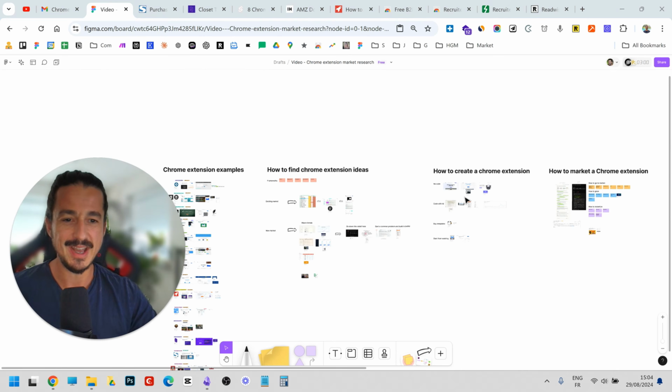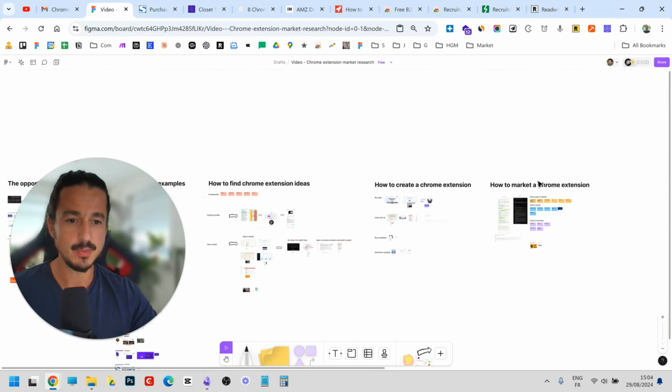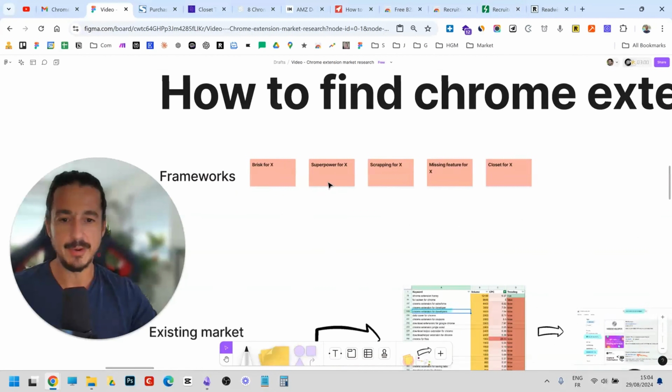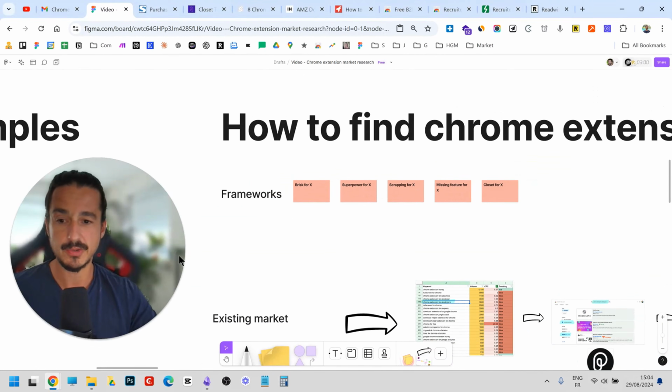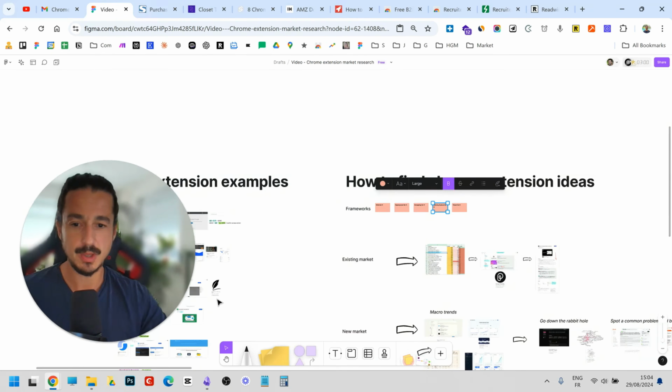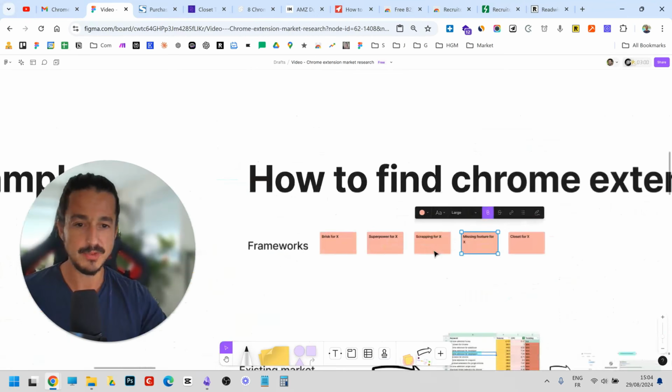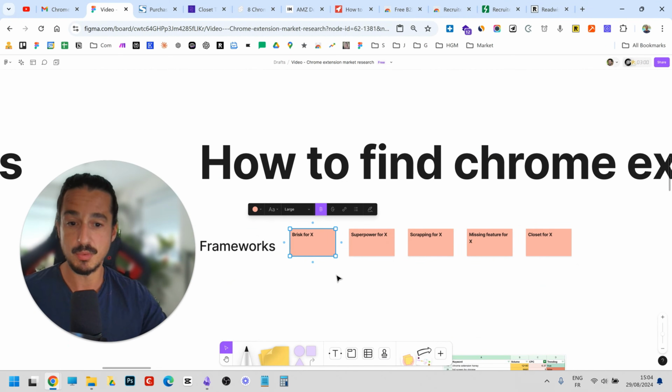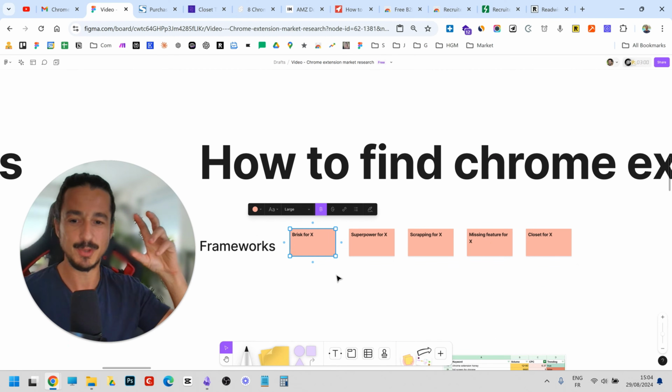All right. Okay, now let's have a look at how to find Chrome extension ideas, even though we talked about it already. And after that, we are going to look at how we create one and how we market one. First of all, think in frameworks. I just wrote a few of them for you. So now you know them from the list we have seen already, but you can have like Brisk for X,